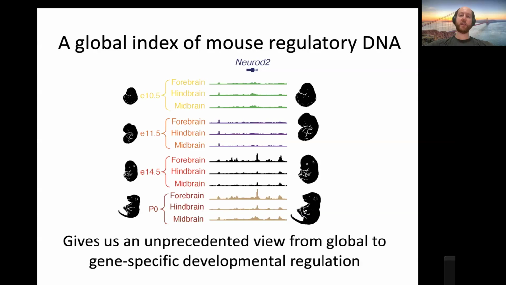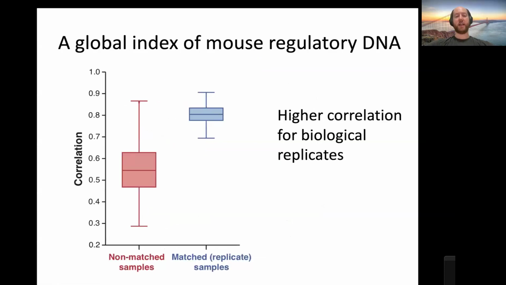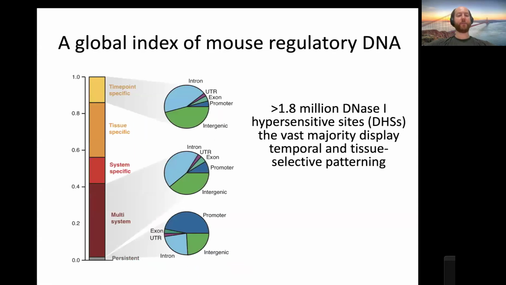So, for example, there's certain genes such as NeuroD2, a very important neuronal gene, which are activated at certain points in development, for example, day 14.5 of mouse development. And essentially, we're trying to understand how mouse regulatory DNA works. So obviously, when we replicate samples, we have a very strong consistency. And what we found was very similar to what was previously reported in the first round of the